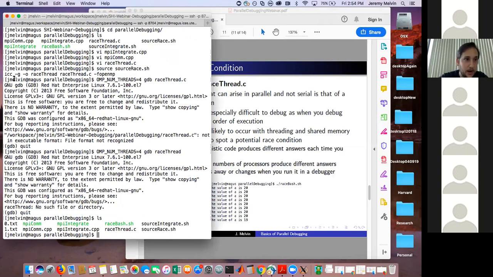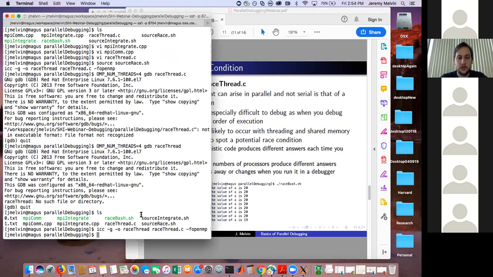Oh, I never compiled it. Let me go ahead and compile it. Again, make sure you put in the -G when you compile. So now if I go ahead and launch this in GDB here